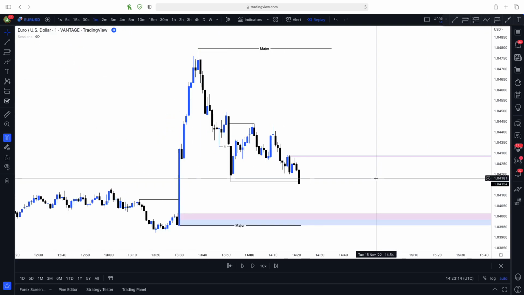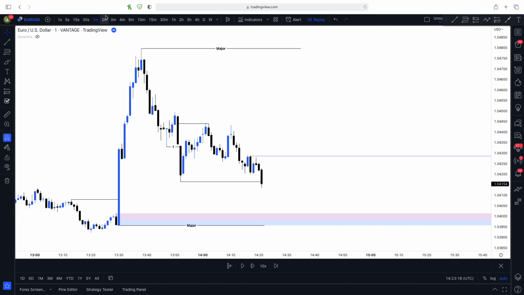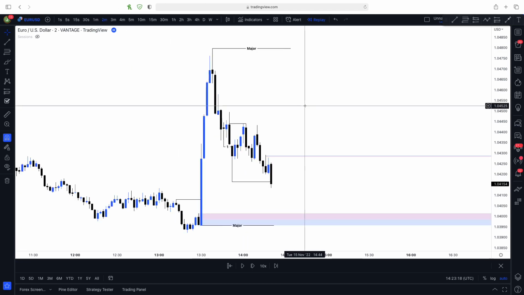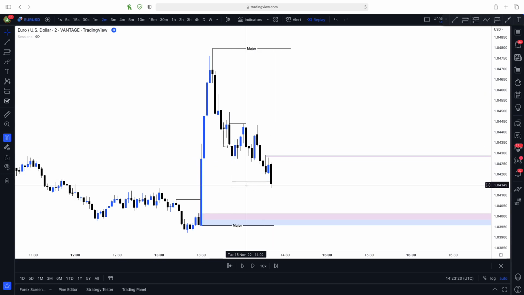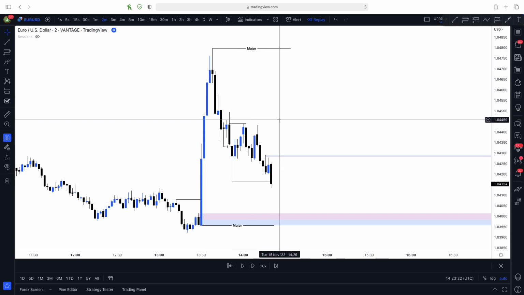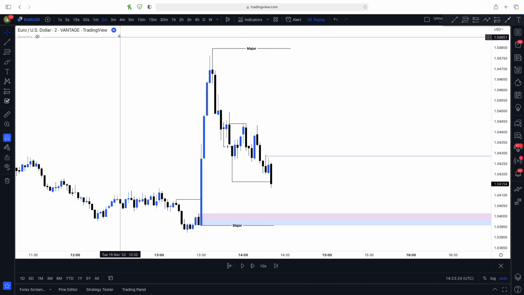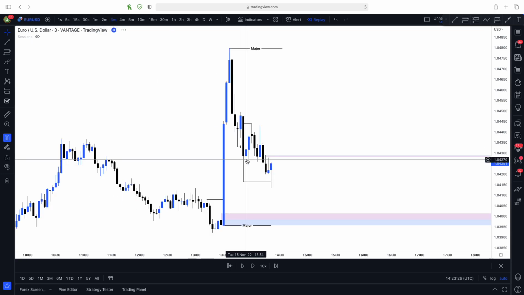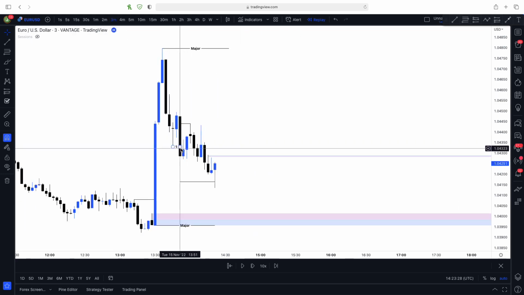Now, obviously, what you want to do here is have a look at your next time frames up. So let's look at the 2 minute. On the 2 minute, what we basically had is we had 2 minute and 10, and we had this OB here. So we actually had conflict on the 2 minute. However, moving up to the 3 minute, what we can now see is we've had that 3 minute first break,